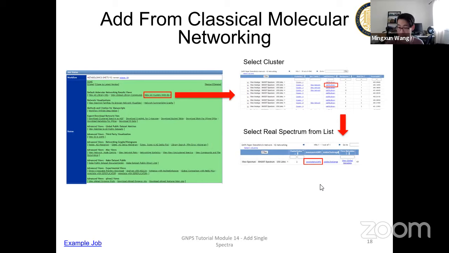But if you have done molecular networking, you'll see a view like this, and this is classical molecular networking. You can see there's a view called View All Clusters with ID, and it brings you to all the molecules in your particular data set. And if you have annotated, done a lot of work, you can click on this Add to Library button from this view,